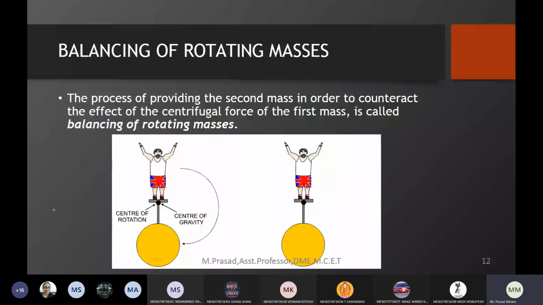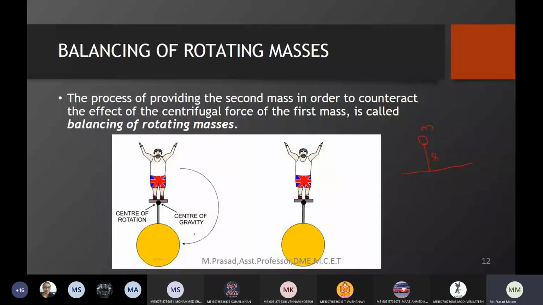Suppose you see, this is the axis of the shaft we are having, and now the shaft is being rotated. On the shaft, somewhere else at radius r, some disturbing mass is located. Now, can anyone tell, is the shaft in balanced condition? No. So to maintain the shaft in balanced condition, what are we keeping? We are keeping the counter mass exactly in the opposite direction at radius r.